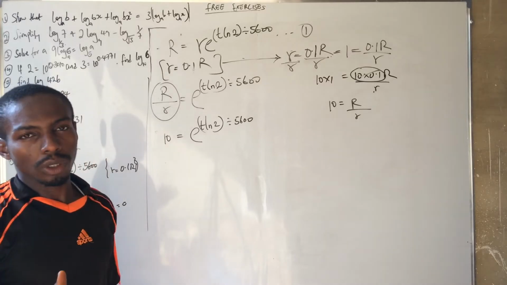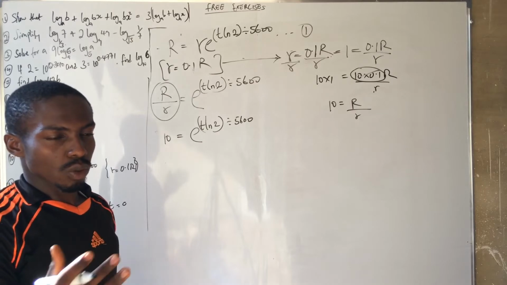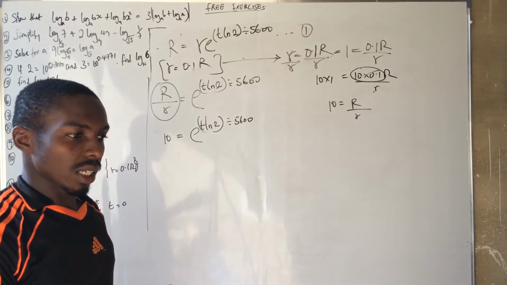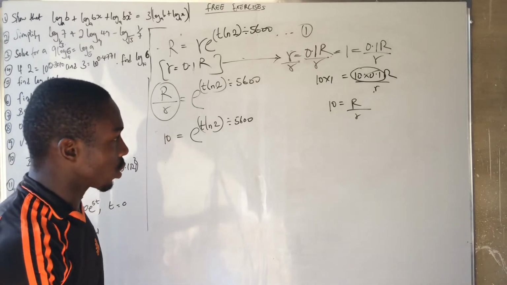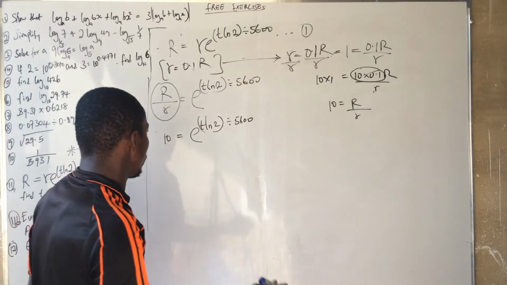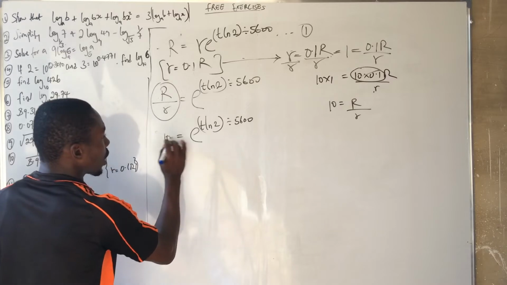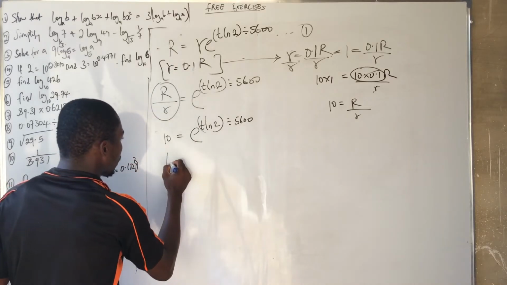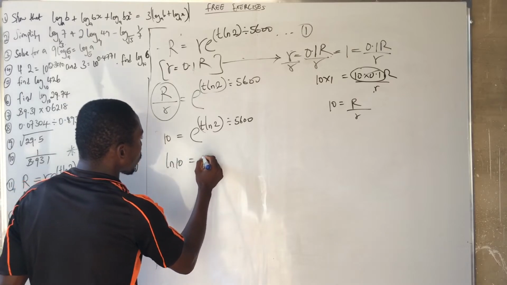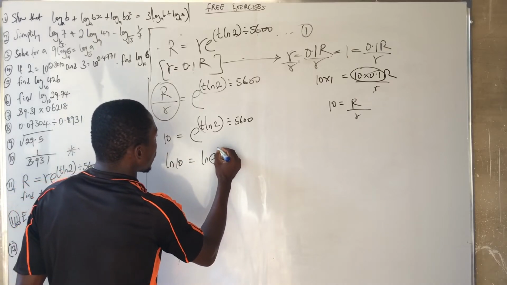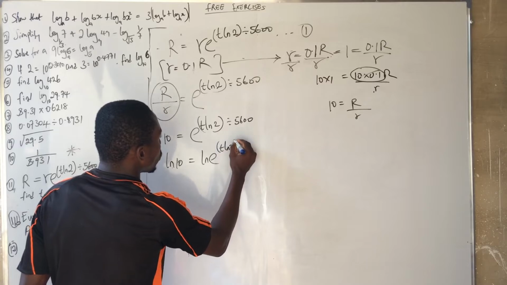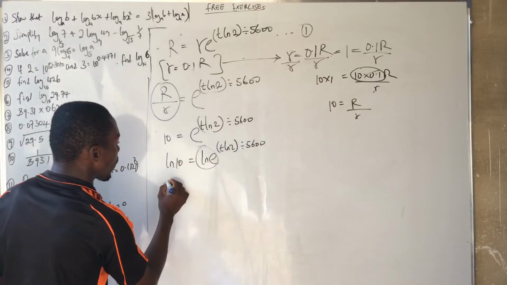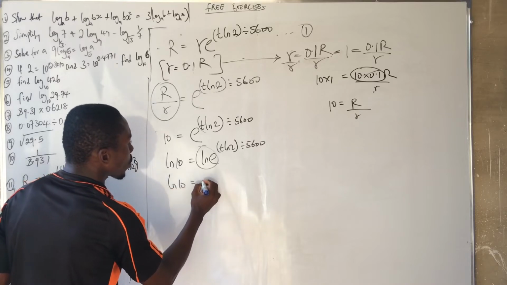And I want you to understand that ln and exponent are two opposite functions that whenever they see each other they cancel, they reduce to 1, not to 0, to 1. So I'm going to take the ln of both sides. The ln of 10 is equal to the ln of the exponent of t ln 2 divided by 5,600. So these are going to cancel off. I have that ln 10 is equal to